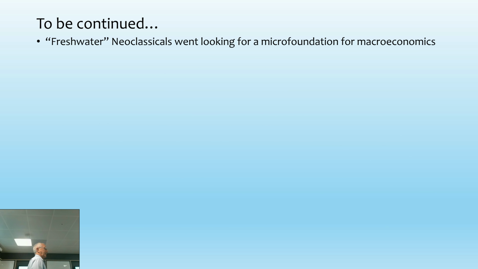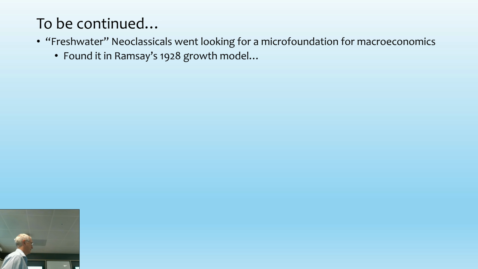I think that's pretty much where I ran out of time. So I've got to go into that next week. But what I'll be doing is going back to your piece of reading right now, because partly what they've done is reject ISLM. They put forward a rational expectations model of some description, but it was still pasted onto a conventional macro framework. They wanted to build their own from first foundations, and they found it in Ramsey's paper on the optimum savings rate. And then that became the basis of real business cycle models, which then finally